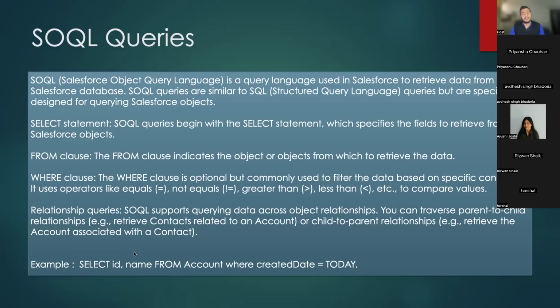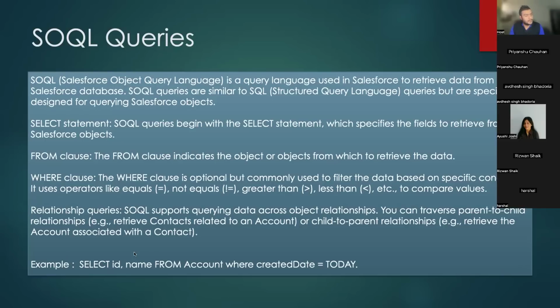Now, there are various relationship queries as well, like parent to child queries and child to parent queries. One thing we always need to remember is that whenever we navigate through relationship queries, there should be a relationship between those objects. We will not be able to fetch something without having a relationship between objects. So if I want to fetch all the accounts